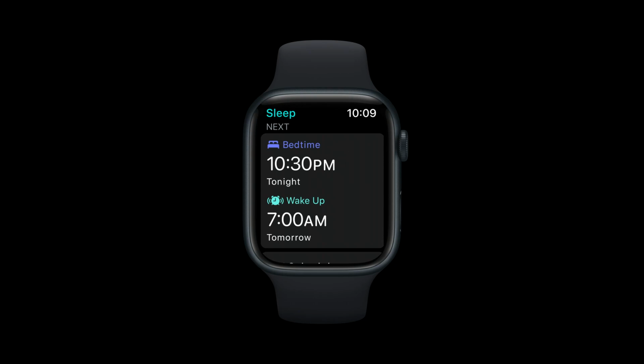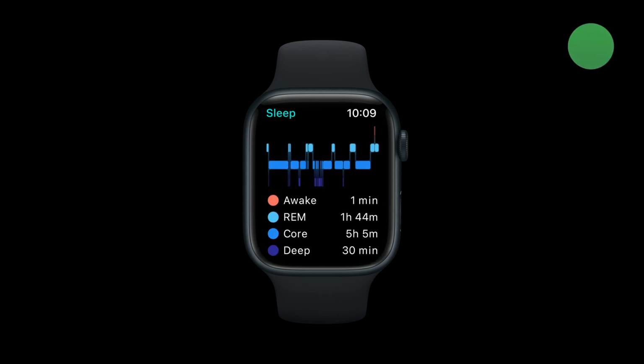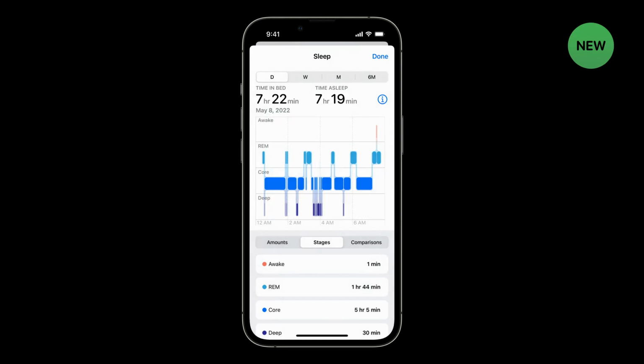Sleep is such an essential function that allows our bodies and minds to recharge. And I love using my Apple Watch to manage my sleep schedule and get insights that help me understand and improve my sleep. This year, we are making sleep tracking even better by introducing sleep stages. Apple Watch will automatically track all the different sleep stages you go through when you're asleep, and this data will be accessible from the Health app and saved in HealthKit. Of course, your app will be able to read and save sleep stages data.